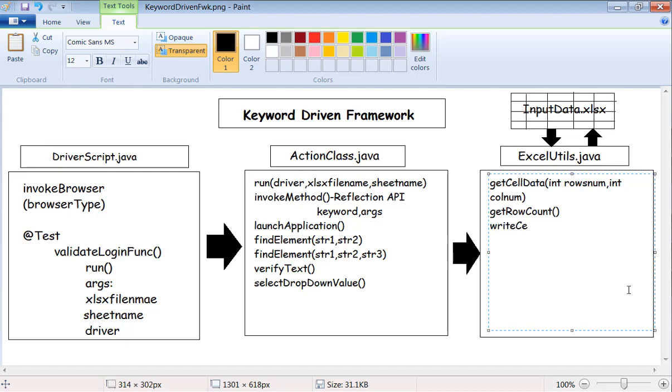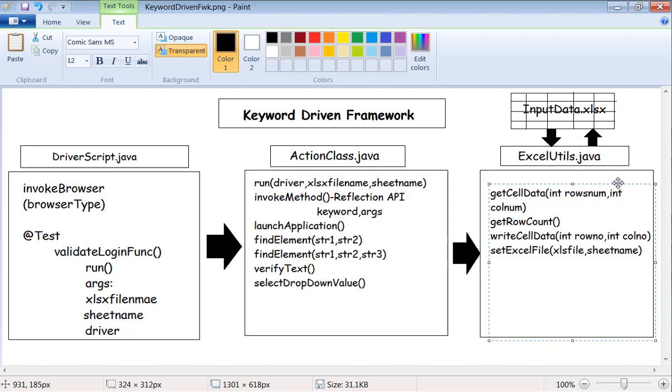And also we have write cell data. We have to write the cell data into a particular row number and a column number. We can put row number and column number to write the cell data into the Excel. And also we have set Excel file, to store mainly the XLSX file name and the sheet name. All this information we can set in the set Excel file. That's it. Apart from that, we don't have anything. Get row count, write cell data, get cell data, and also set Excel file. You might have one or two more methods, but majorly these are the methods which I maintain in